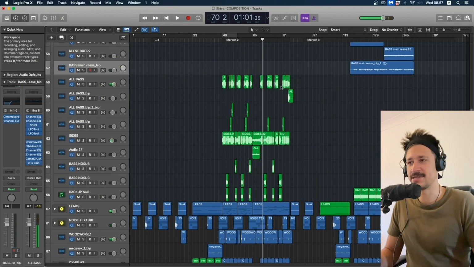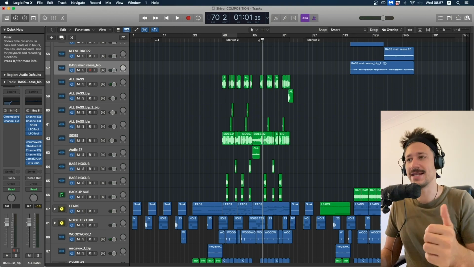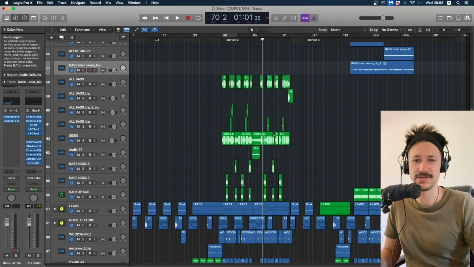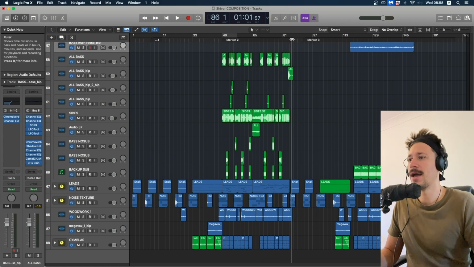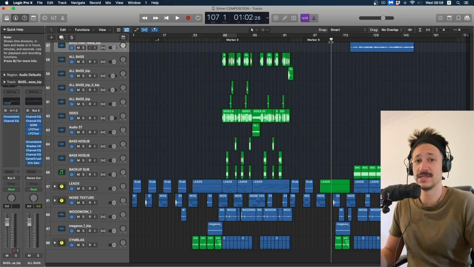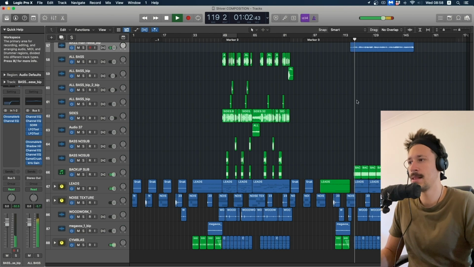Now to the second 16, I kind of switch up the drums, and then we have the same basses again, just with some slight variations in the arrangement, but not too different. And then we go straight back into the breakdown, and then in the second part of the track, when the drop comes again, in the jungle,